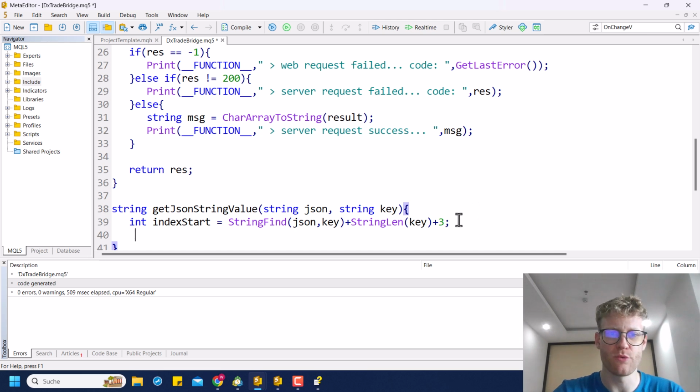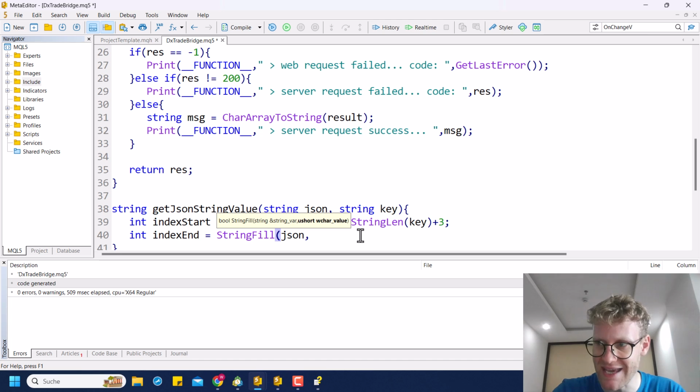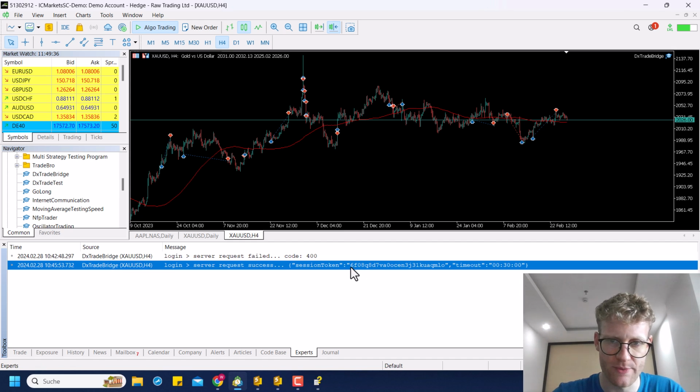And then we also want to get the index for the end. And here we just use StringFind. We search in the JSON again, and we search for the next escape letter. And we start, oh wait, yeah, like this. It's not fill, it's find. And we start at the index start. So starting at index start, which will be pretty much the first letter of this value, we are searching for the next escape letter, and this will give us the information when the